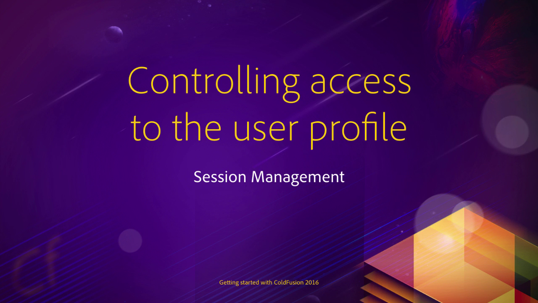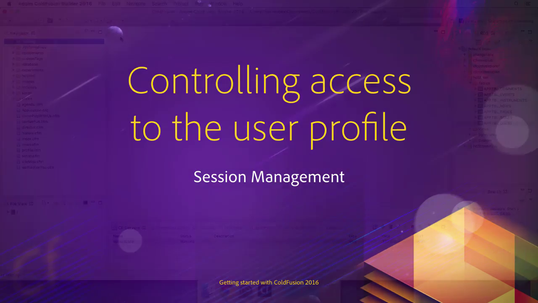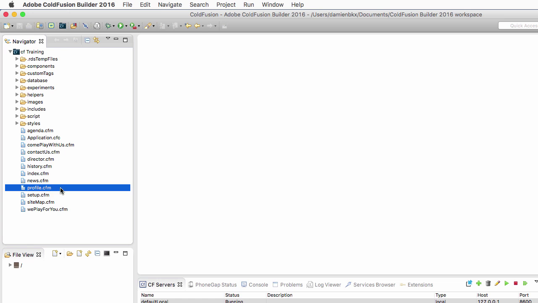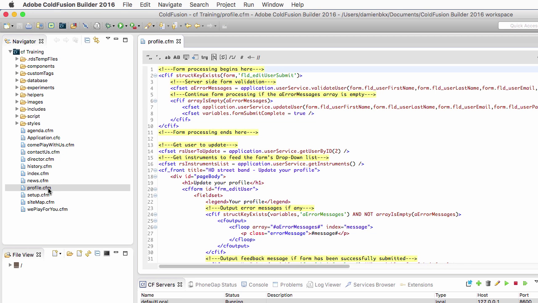For a user, the goal of logging into the application is to have access to some extra information and features. In this video, we will implement that control to make sure that only the logged in users have access to their profile. So let's go to the profile.cfm page in ColdFusion Builder, and at the very top of the code here,